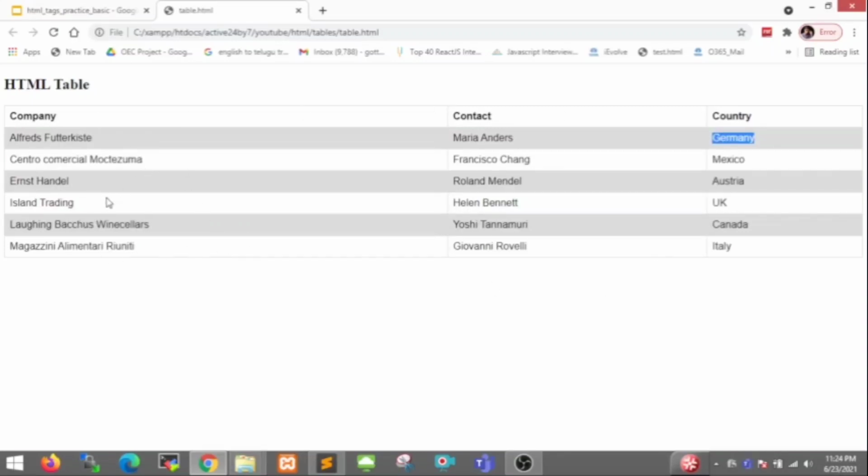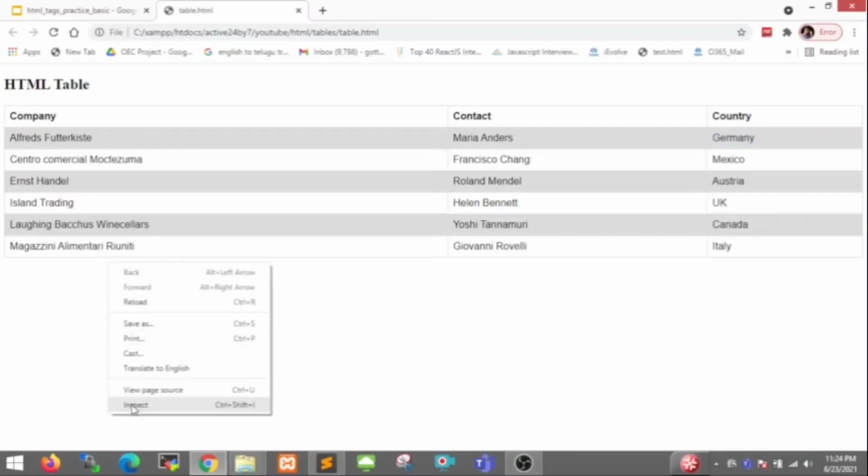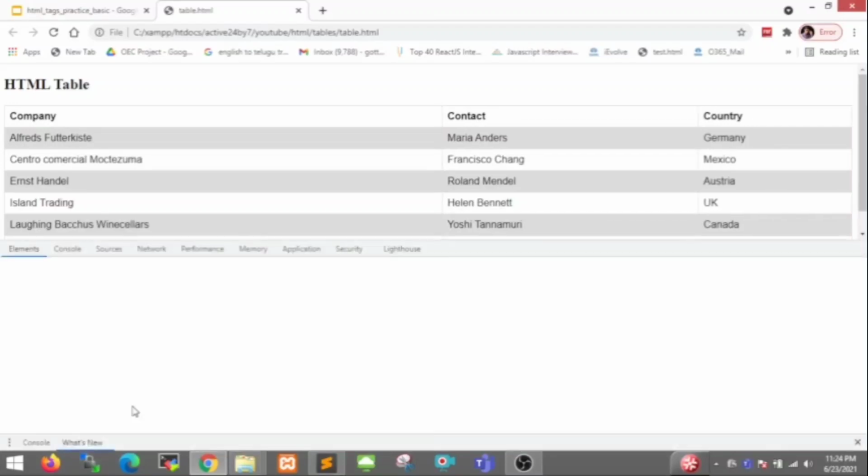This is the HTML element. If you want to test what we wrote in our notepad, please right click and then click on inspect, and we can observe the code we wrote in our notepad. One second, it will load.